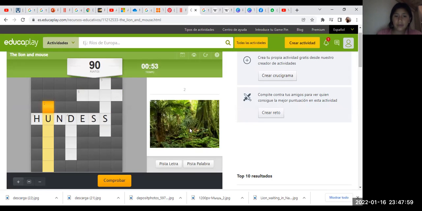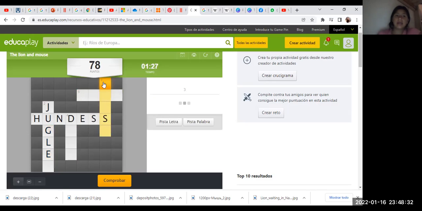Another example, in this picture, what the word is according to the text. In this case it is jungle, according to the text. This letter is not right.